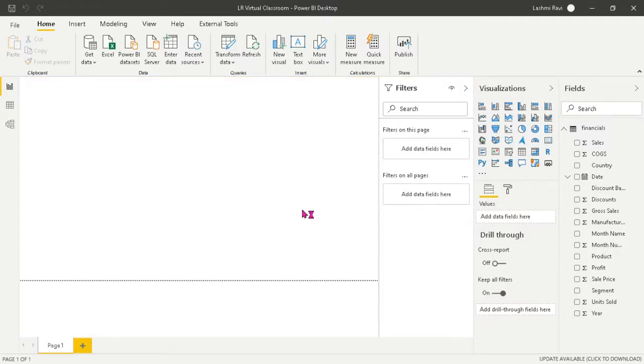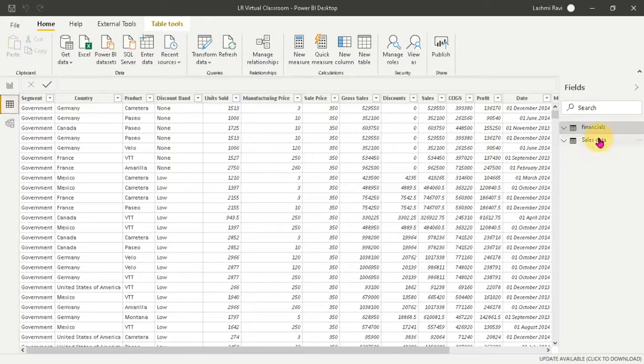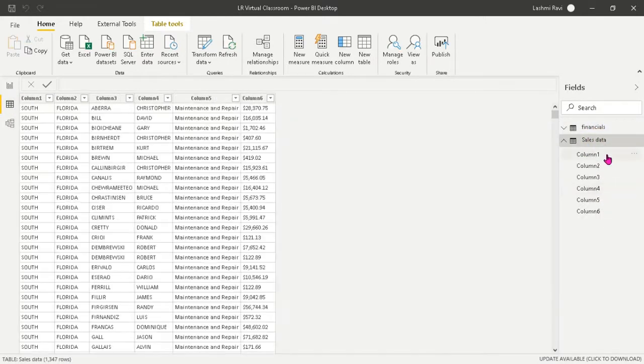A data set is nothing but a collection of tables that you have pulled from various sources in various formats. As you can see, I have two tables here. Let me go to the Data tab. I can see the data that is available in my Sales table right away. We have to transform the data by having the perfect column headings for each and every field. All this will be covered in the future sections.